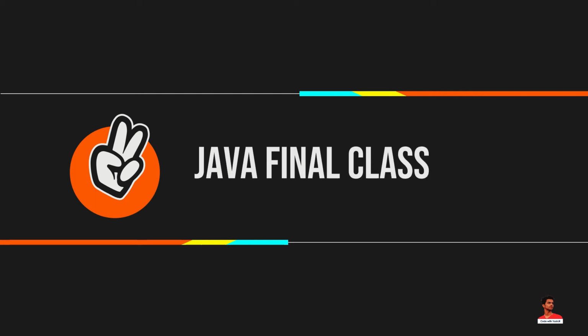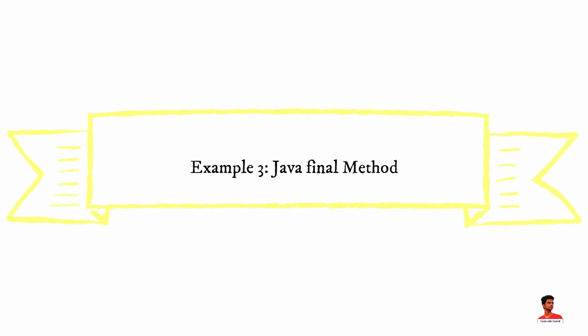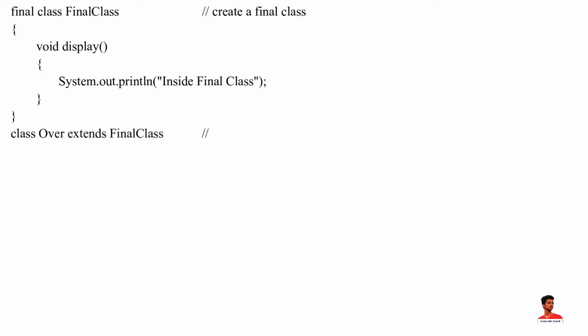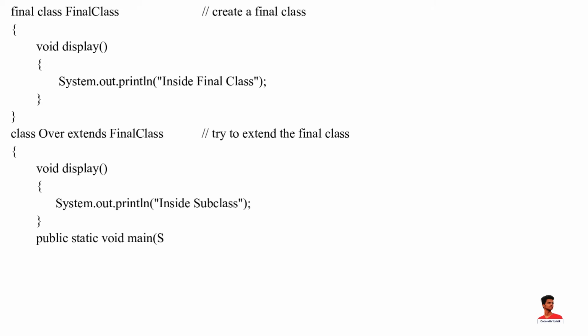In Java, the final class cannot be inherited by another class. For example, in this example, we have created a final class named FinalClass. Here, we have tried to inherit the FinalClass by the Other class. When we run the program, we will get a compilation error as